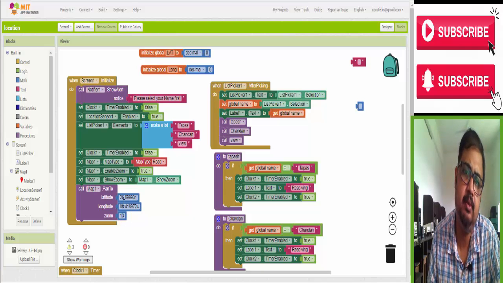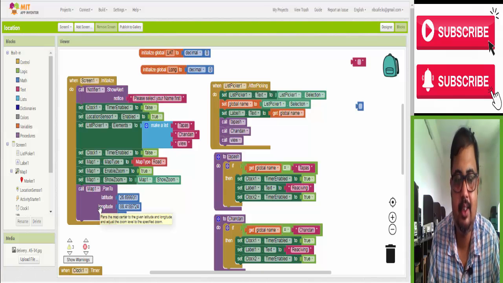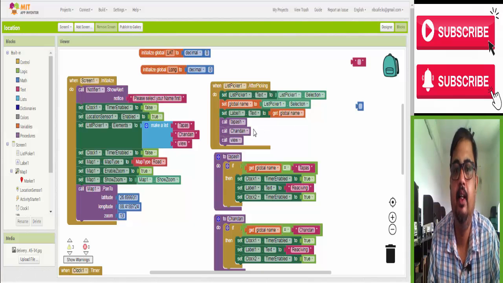You can get this from Google Map, any particular location you want to set, because when the app is open, it should show your nearby area. Maybe your home also, then it gives you the place that this is my home. And from there you track how much distance your employees are, how much distance your friends are. So basically, when the screen initializes, the map will initialize at that time.